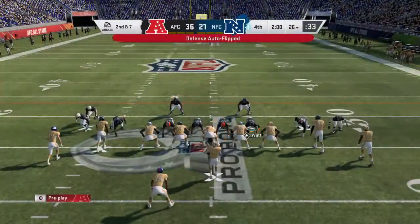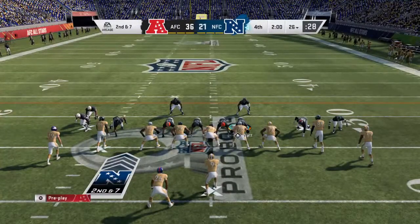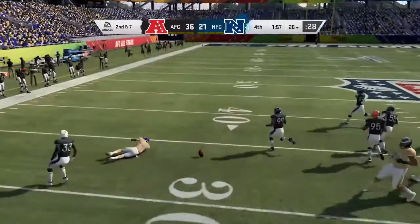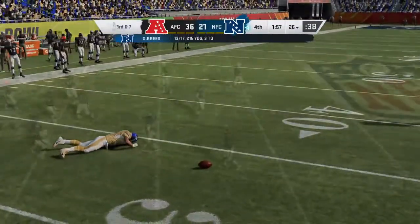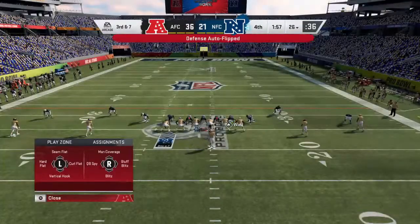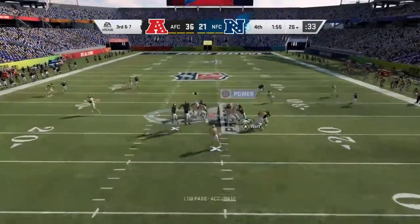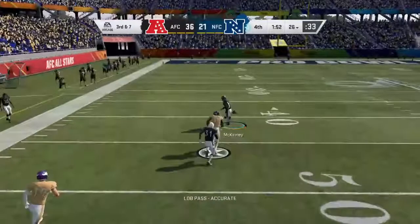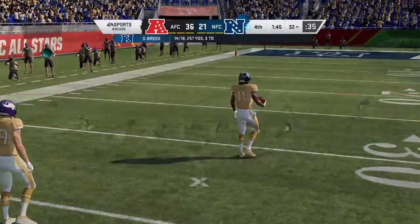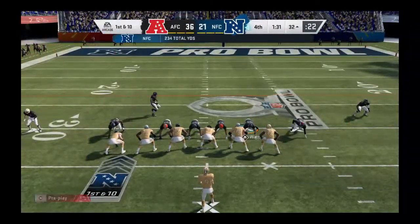So it's the NFC with the football as we welcome you back. And let's see what they've come up with offensively after having time to talk it over. Now Breeze. And his throw here's incomplete. That's very well timed there defensively because it's not a bad throw, but the collision came at the exact time he was reaching to bring in the football. Really, really well done. Decent offense, just better defense. I think you're right. This complete to Jones. And he takes it all the way down to the 32. It's a big play that time for the